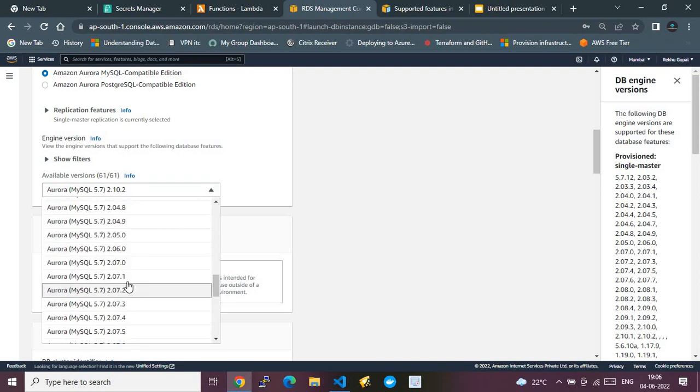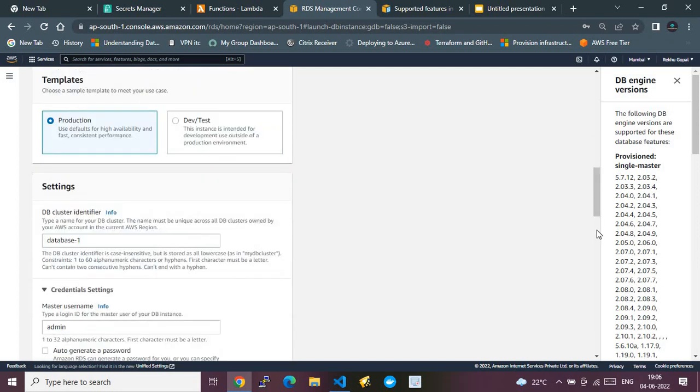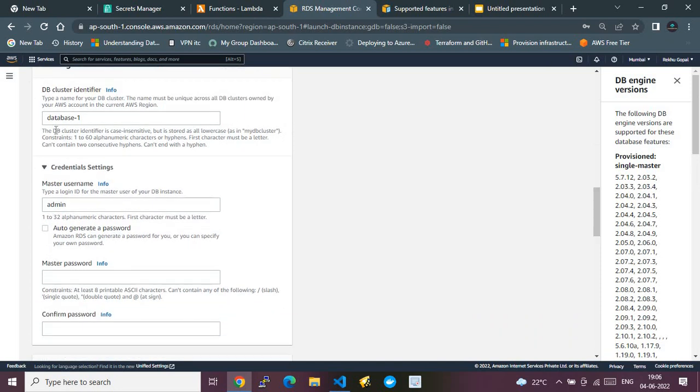So if I go back, this is the only version under MySQL 5.7 that supports Data API. The rest do not support it as of now. There could be a reason from AWS, maybe you can explore that. And finally, you will be giving the cluster name, and you will be providing your user ID and password